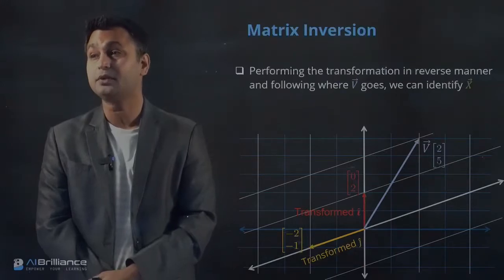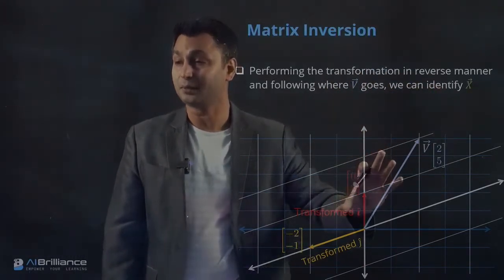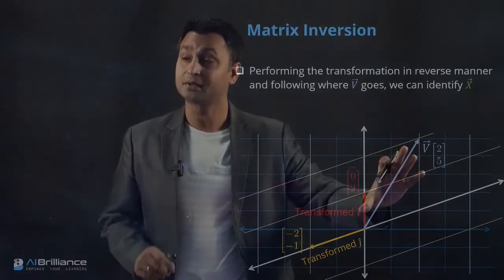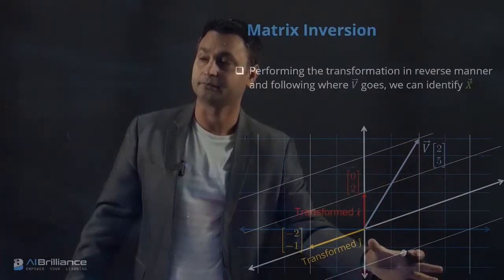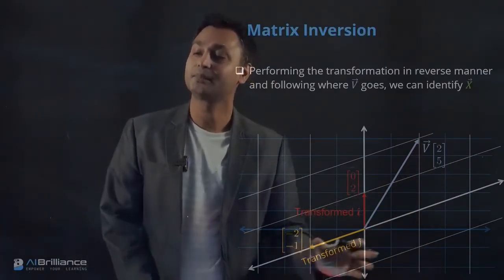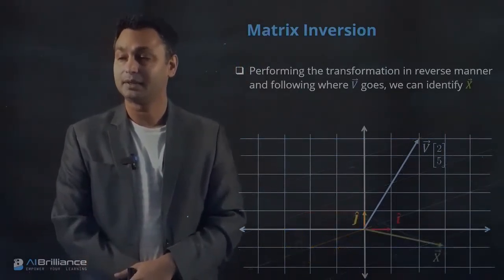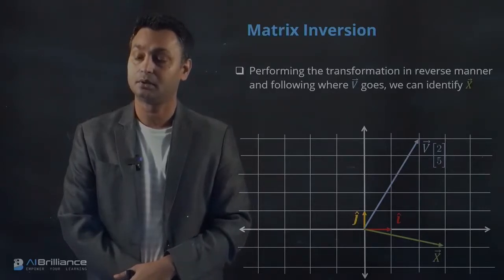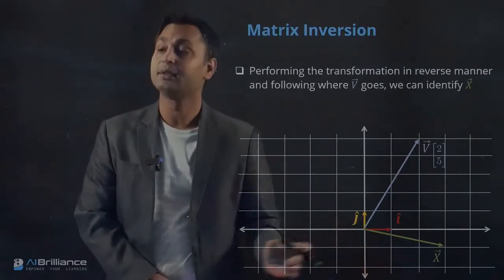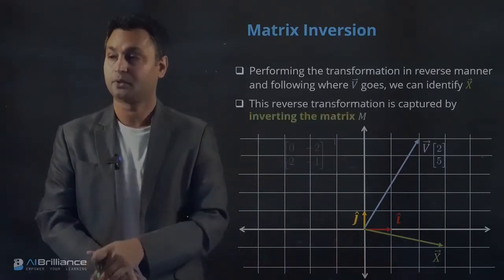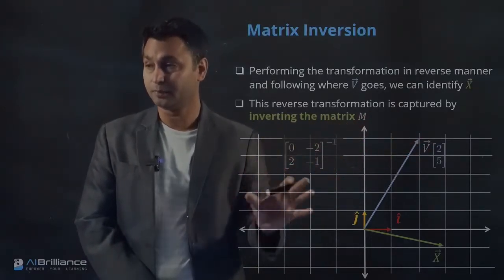So matrix inversion is performing the transform in a reverse manner, so that if I multiply this vector v by some matrix, which let's call m inverse, then this will become x. And that is the geometric meaning of the inversion problem. Okay. So when we multiply a vector v by a matrix and it becomes x, essentially we are doing the matrix inversion. Okay. So this reverse transformation is captured by inverting this matrix,